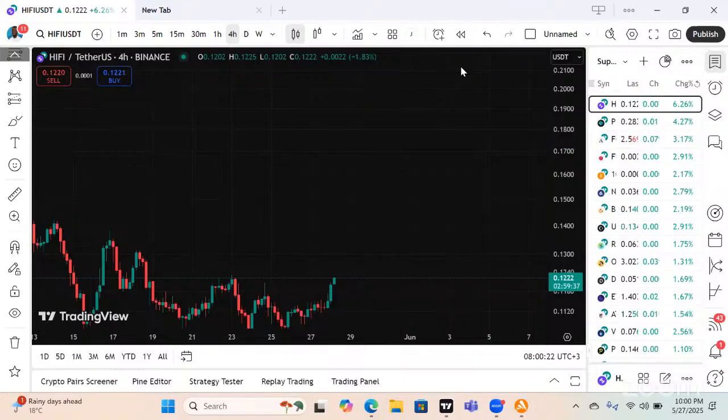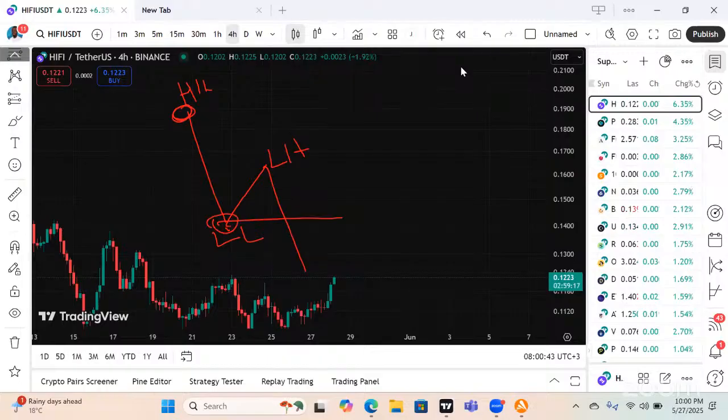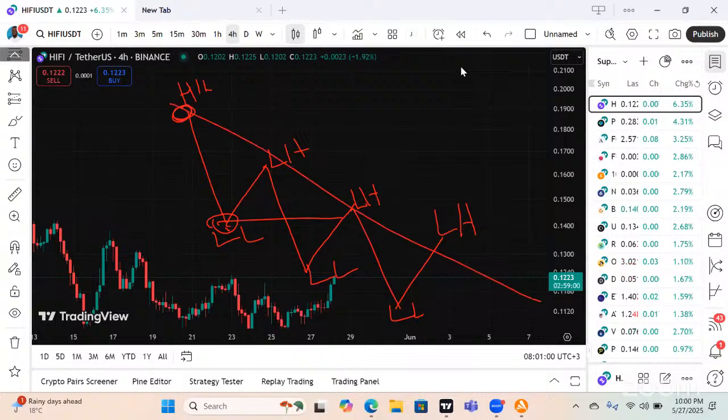For example, the market starts from a highest point, then it forms a lower point. Then it makes a retracement to a lower high, which is a higher point from a lower low. Then it forms a lower point, which is lower than the previous low, called a lower low. Then it forms another lower high, then a lower low, then a lower high. Now, in general, the market is moving in a downward direction,